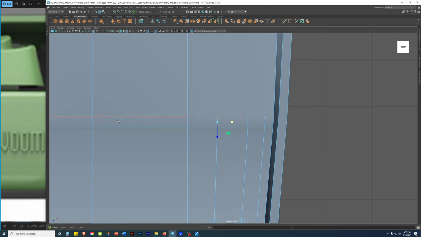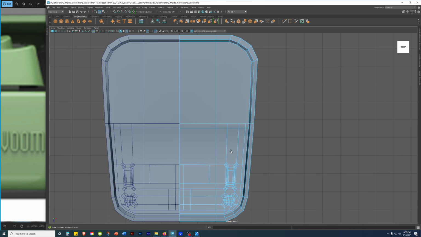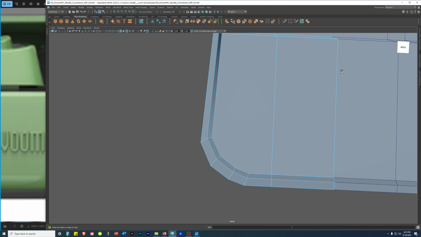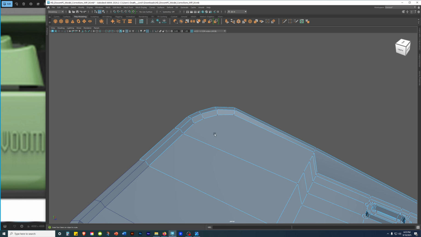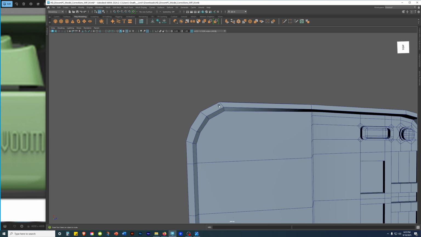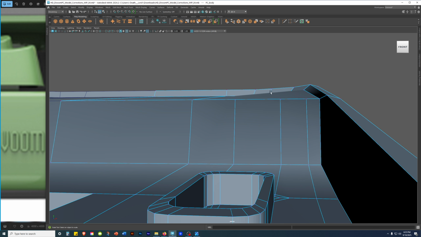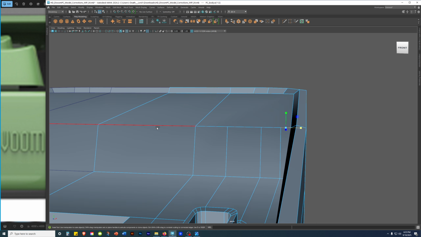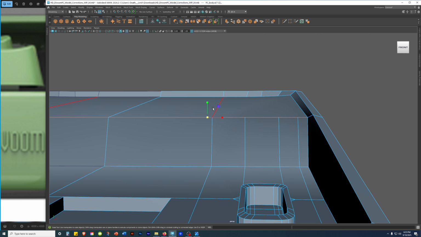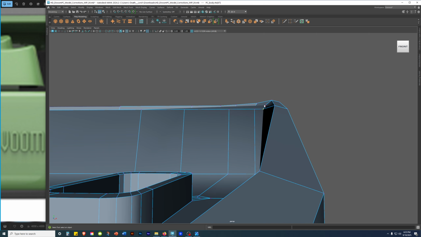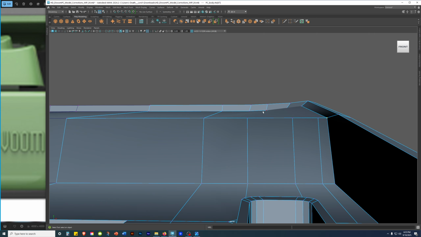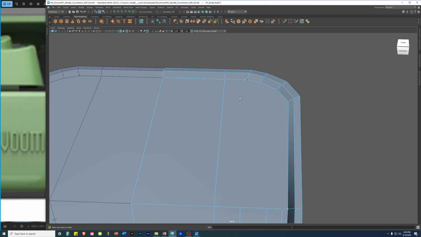Grab that, smash it flat, smash it flat. See this part here. Grab this, pull the width. So I'm correcting the contour planes. See right here. I mean, that's obviously what I did, but